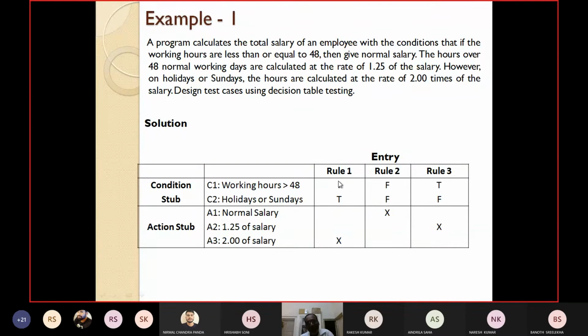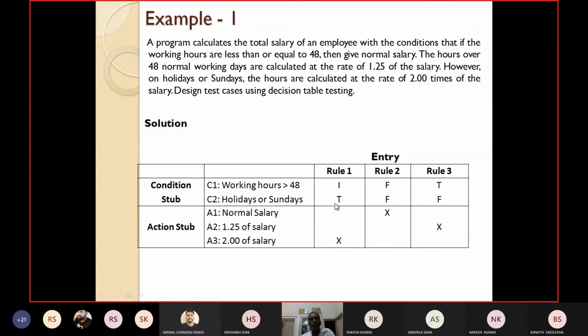Whatever the case may be, you have to give the salary, and if it is a holiday, you have to give twice. So further I can expand this immaterial case by writing another two test cases, one with less than 48 and Sunday, another with greater than 48 and Sunday, to make your testing process more robust.